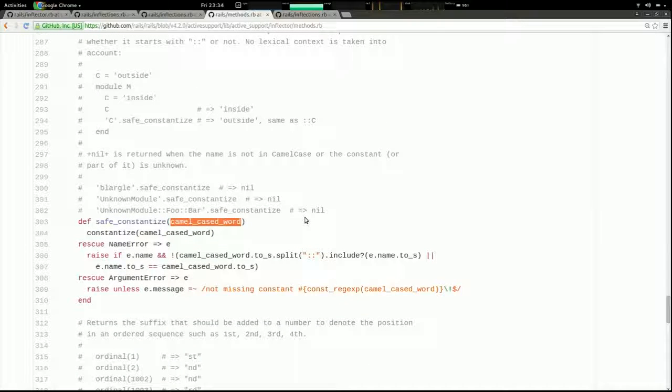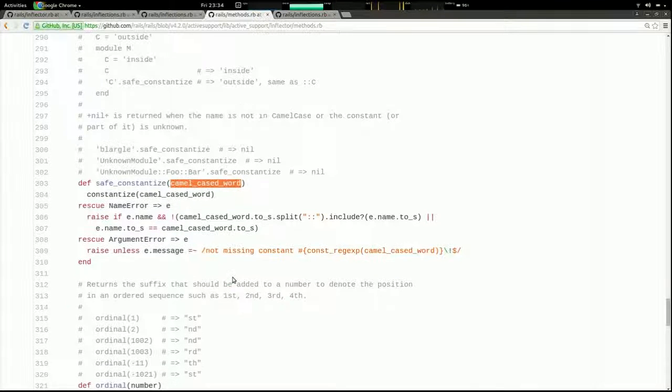Huh. I still don't quite understand what this is for. Argument error, e, raise unless e.message not missing constant. Argument error, okay. Huh. Well,